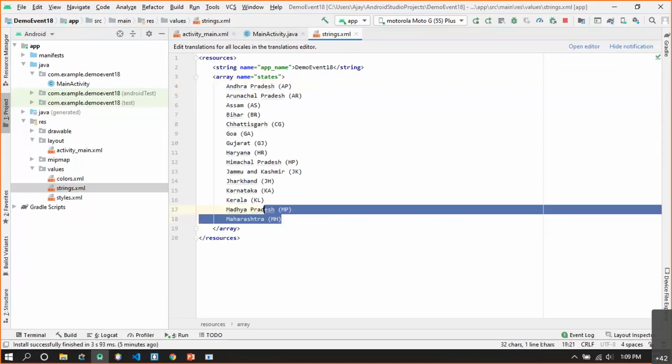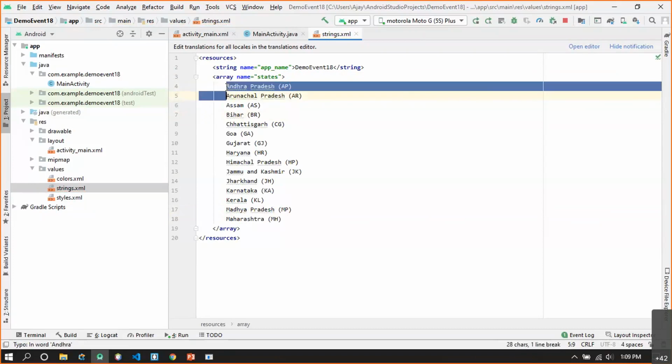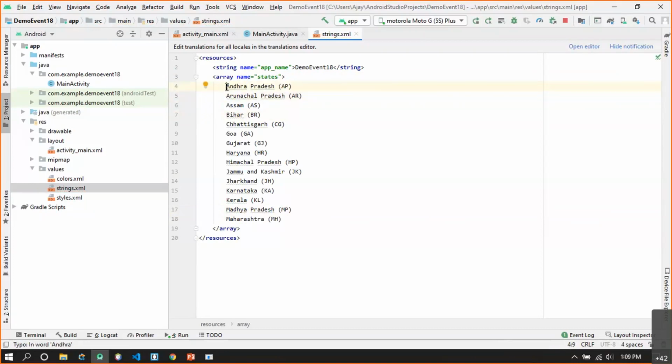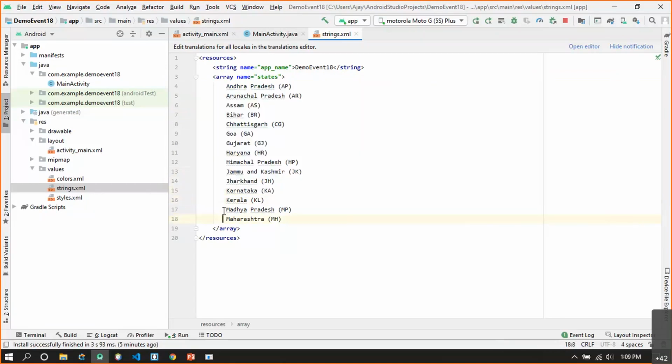I can simply copy and paste the states here. Now, each of the items should be enclosed between the item element. So I'll press Alt and go on selecting all the elements below. As you can see, I have selected all the elements.